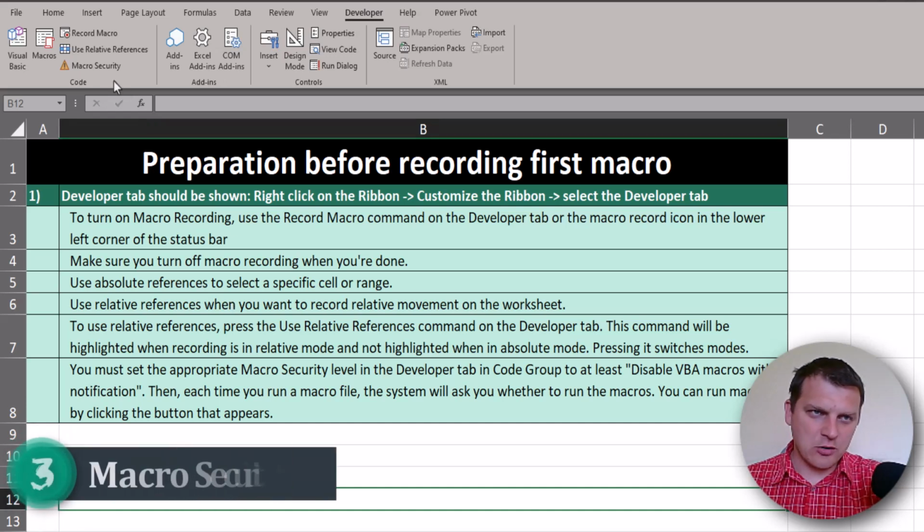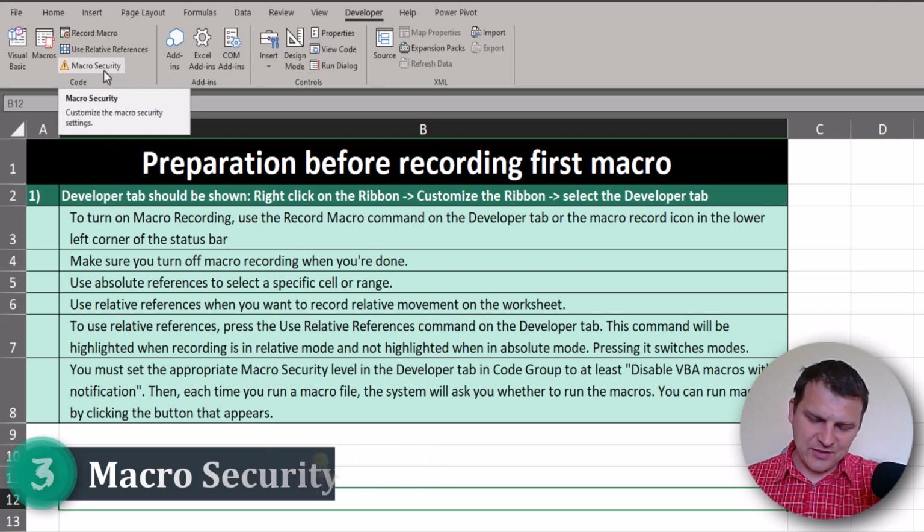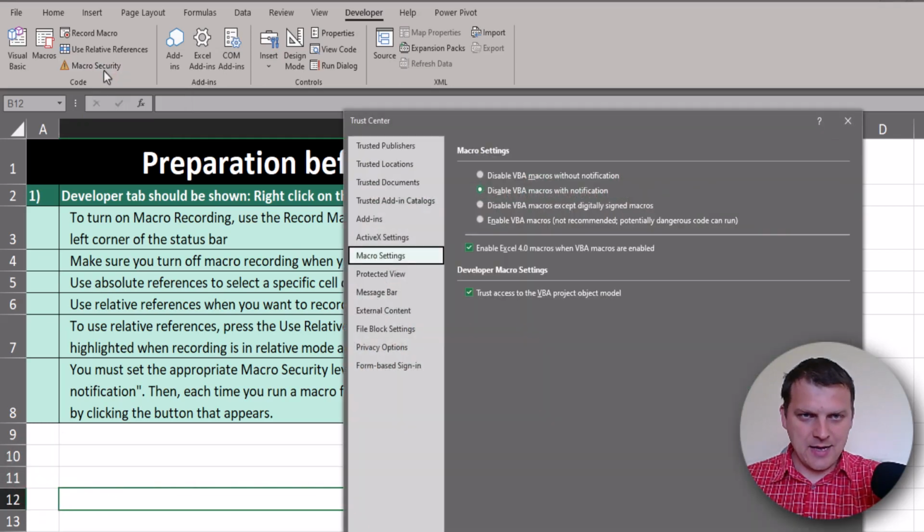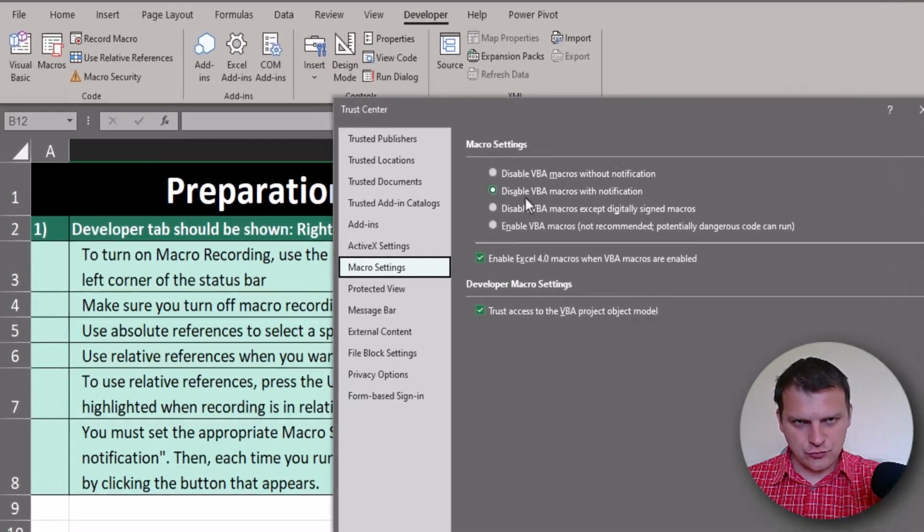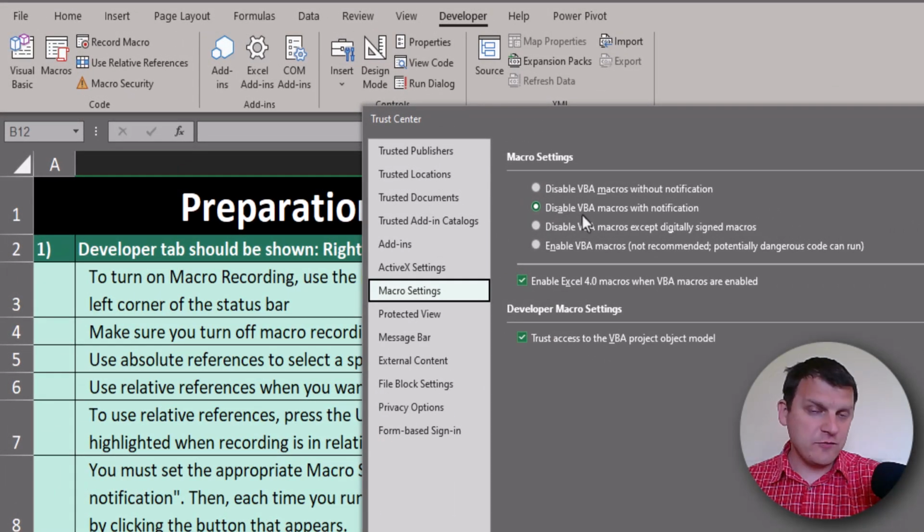And one more command button, macro security. Let's click it, and by default should be selected disable VBA macros with notification. So when we open file with macros, XLSM extension, we will have information that this file contains macro and some code can be run without our knowledge. But in most cases we don't have to really be afraid about this code, because it's a code we write, we copy from